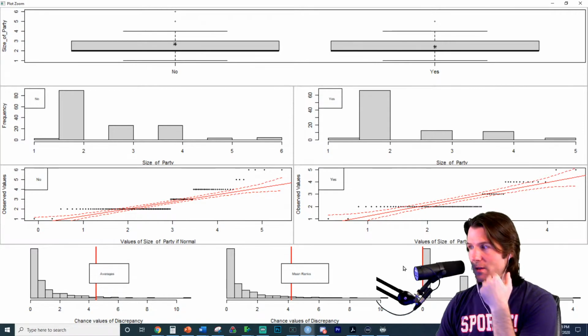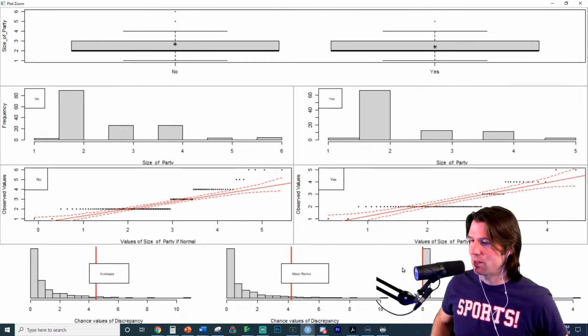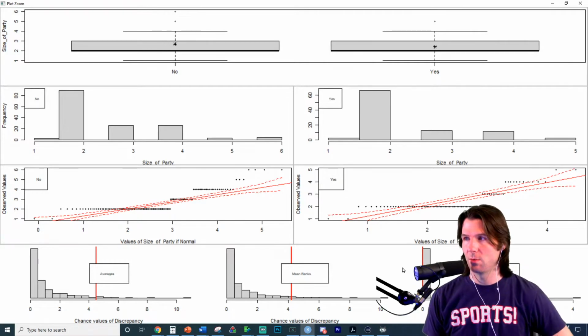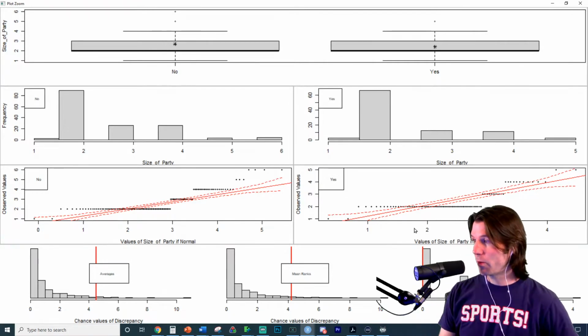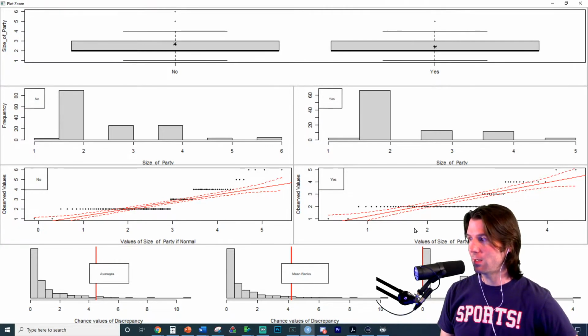Because it's integer data, yes, 2 statisticians will get 10 answers on which one you should use, because this is one of those iffy types of situations. But what do we look at usually to figure out means or medians? The question says to use the mean, though, so I'm going to use the mean. What do we look at to figure out means or medians? Which one is appropriate to use?